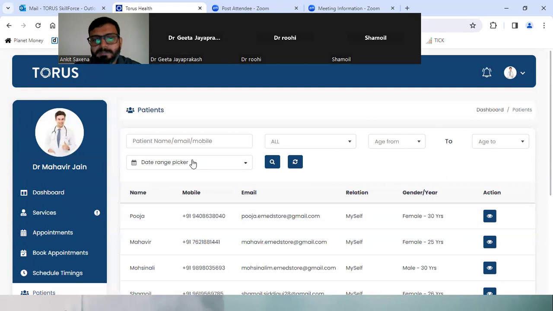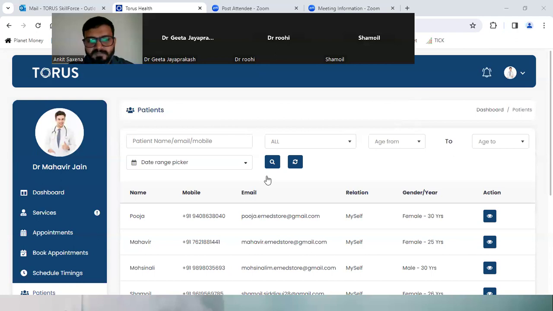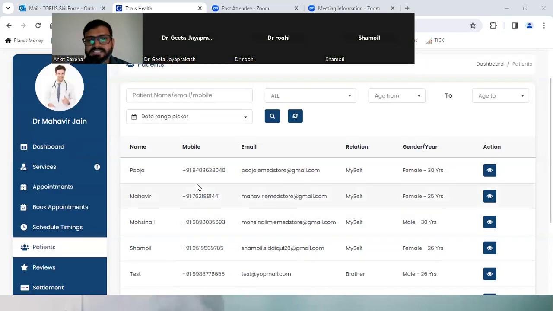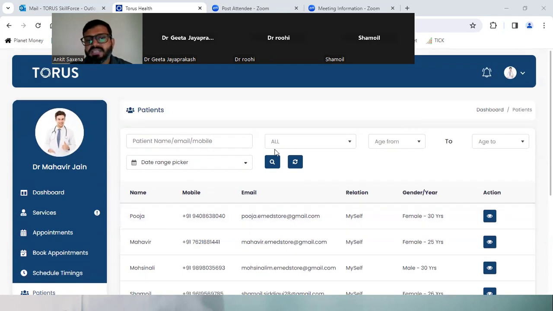Now once you click on the patients page, again we have multiple fields here. You can search for the patient details from any of the fields here. If you notice, we have the patient's name, then the gender, age.